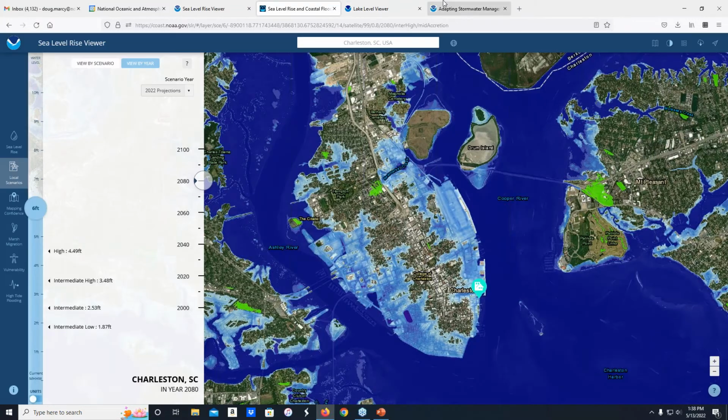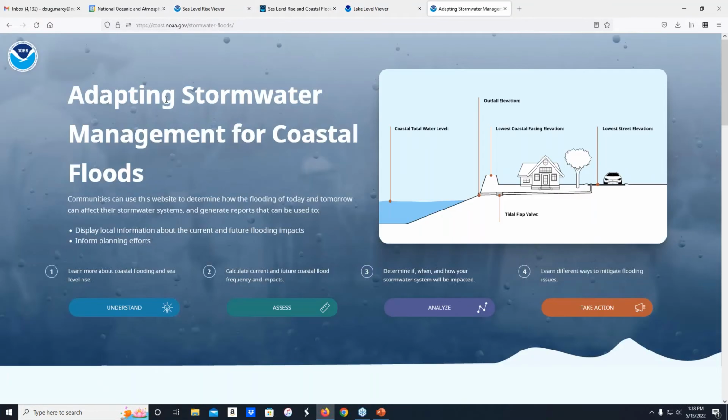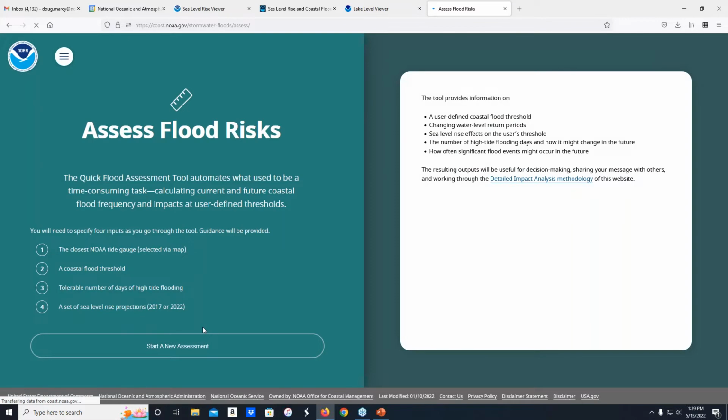If you're a stormwater manager or planner, we've developed a tool and resources for adapting your stormwater management system for coastal floods. We have a whole section on understanding, showing you what the issue is here. But we have the quick assess tool, which I'll run through.